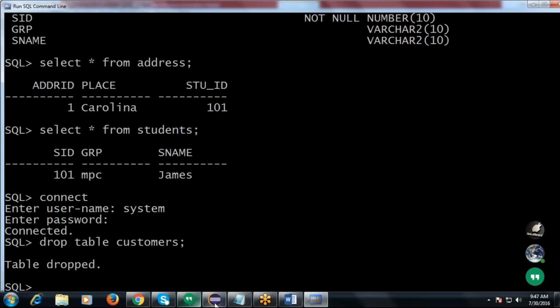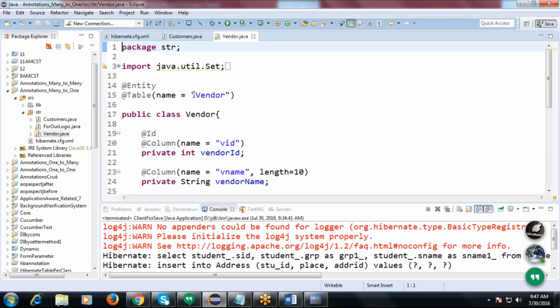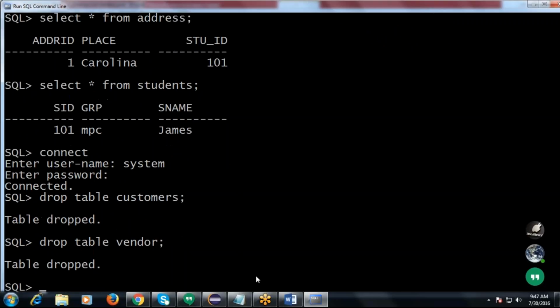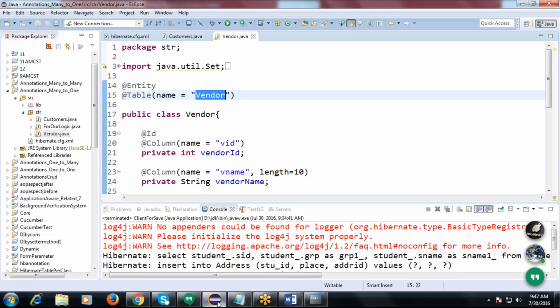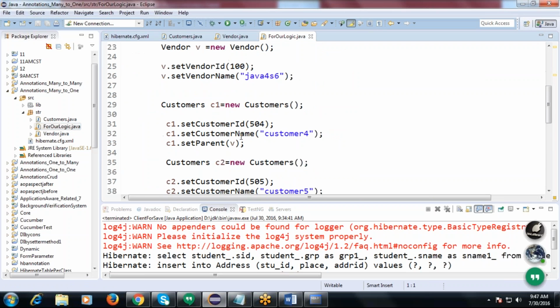Now that table is dropped and one more is the vendor table. Let me delete the vendor table also. Yes, two tables are dropped. Dropped means removed. Okay. Now